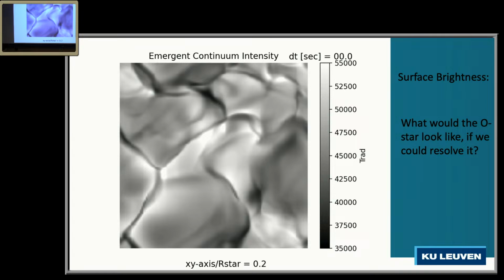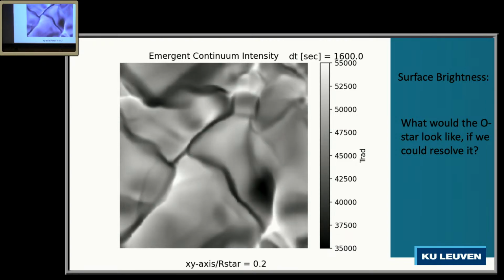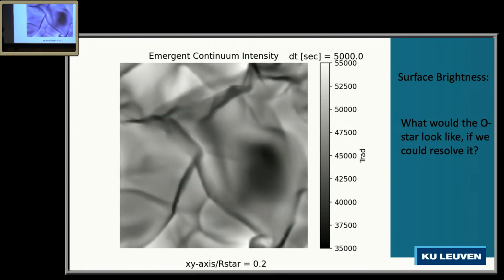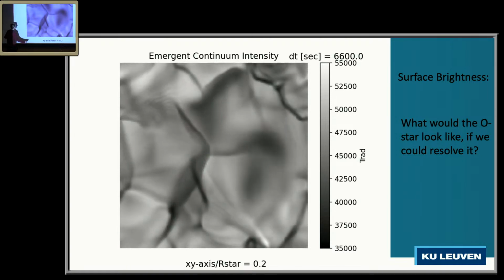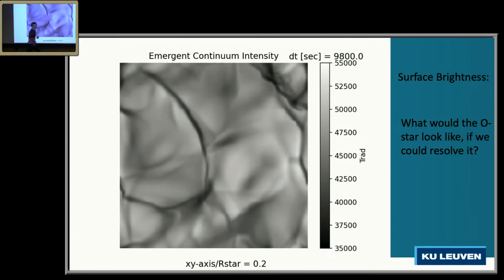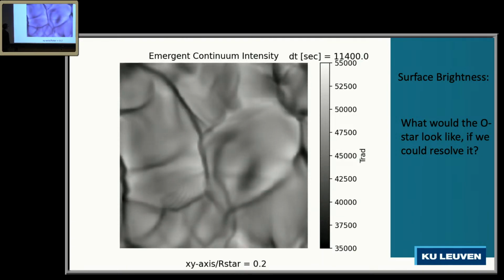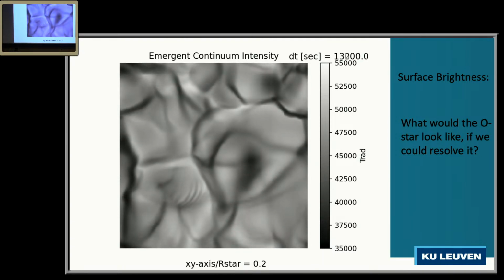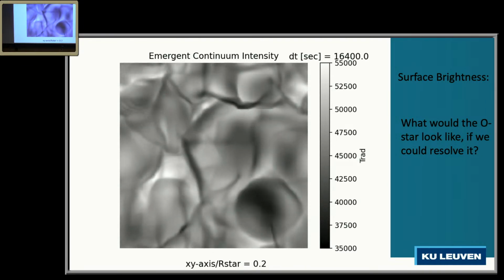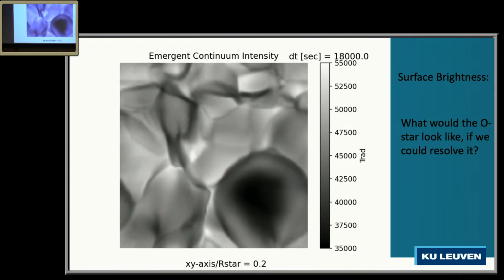Now, first thing then. What would the O-star look like if we could actually resolve it? So I give you this. This is the emergent continuum intensity from one of these models, and this would be the small patch on the O-star surface. It's 0.2 in the stellar radius, the total scale here, and as you can see, you have a very dynamic surface. This is the radiation temperature moving there, ranging from, in this case, 35,000 to 55,000,